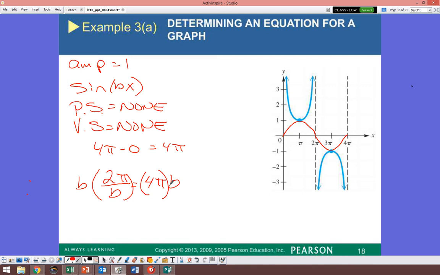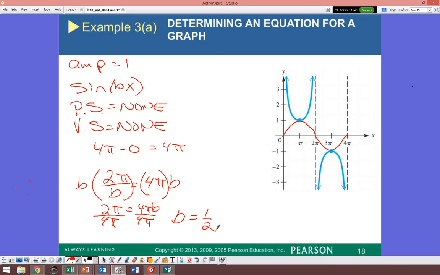Easy. Okay? So those cancel. So it's 2 pi equals 4 pi b. Then you divide by 2 pi. Divide by 4 pi. Because I have to cancel out this. I want the b by itself, right? So it's going to be 1/2, right? b equals 1/2. So since I don't have a phase shift, I'm not going to have anything else inside these